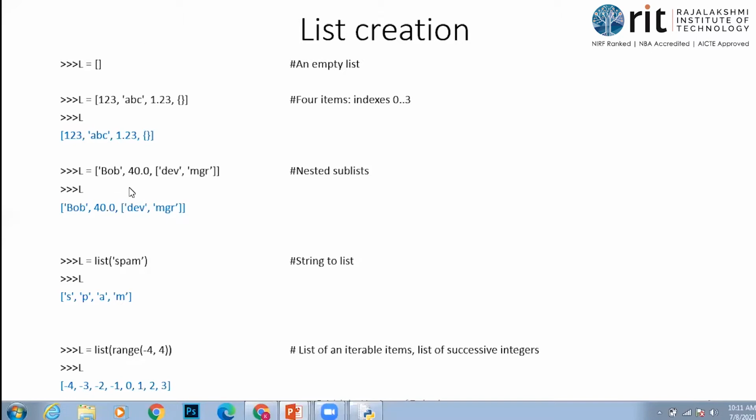Inside the square brackets, it refers to a list. Okay. When you have a collection of items or elements within curly braces, okay, then it is called a dictionary. But in dictionaries, it is not an atomic value that is there. Each and every item will be a key value pair. So you're going to have a key and then a colon and then a value. So put together, it is called an item or key value pair. So these are the data types that we have already learned. What are actually data types? The types of